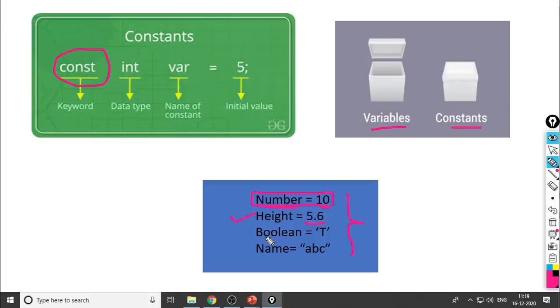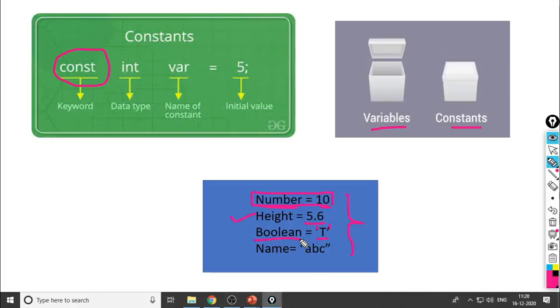What is the third type here? If any single character is there, a single alphabet, a single symbol, that time it is called a single character. What is the meaning of character? A single literal. It may be capital A to Z or small a to z or numerals 1 to 0 or any type of symbol. We have to enclose this within a pair of single quotation marks or double quotation marks. So we can store a single character with the help of a variable name.